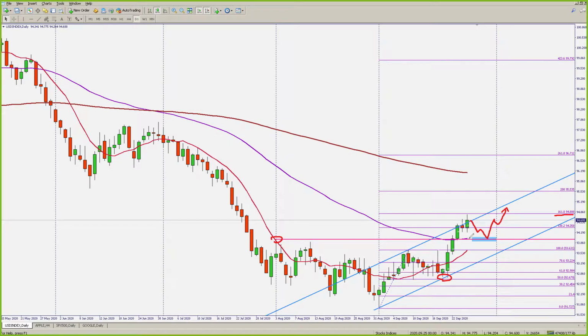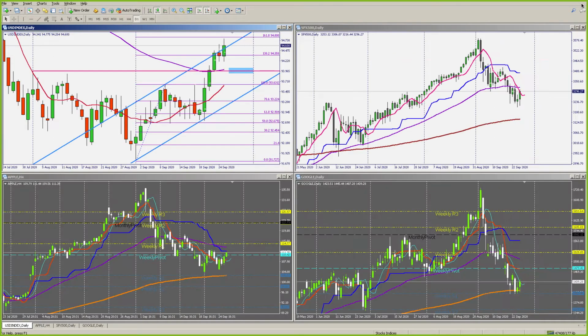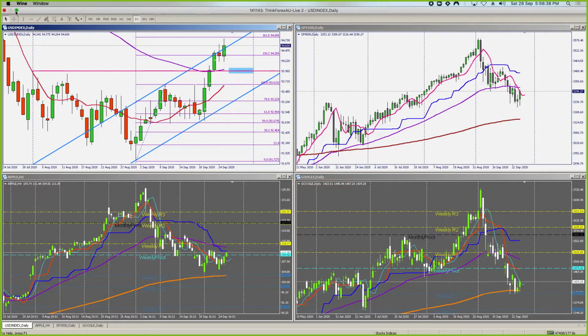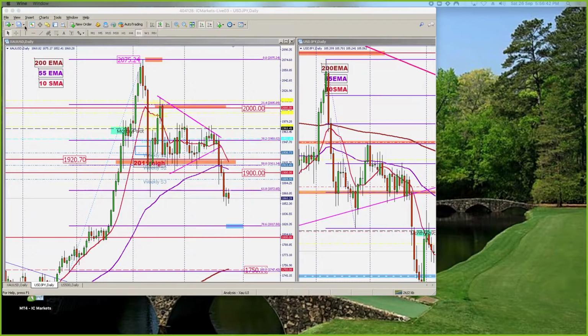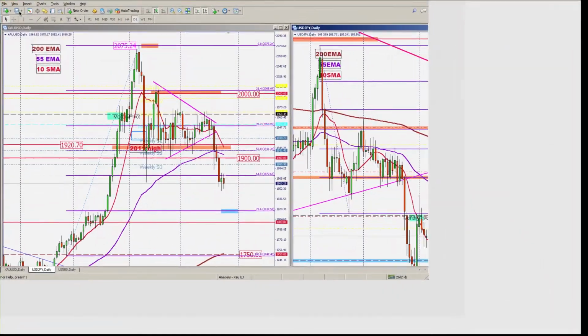We'll see if it's going to stay within the channel. We will need to come back to retest this support zone. Alright, so a lot depends on the US dollar for next week. Let's go back to the spot gold,